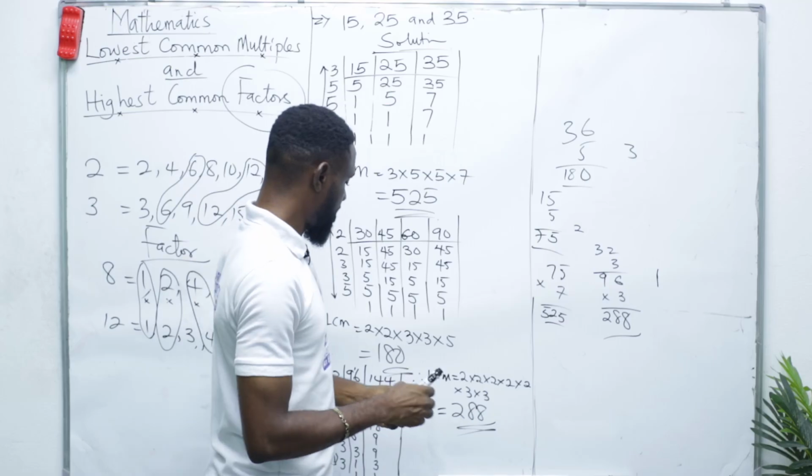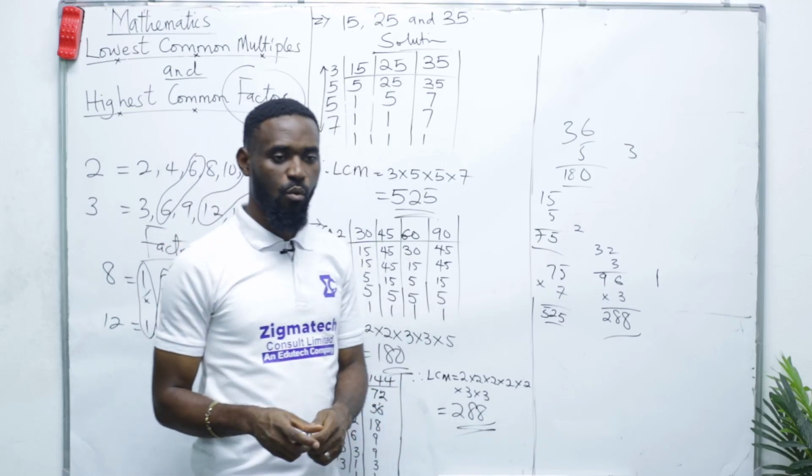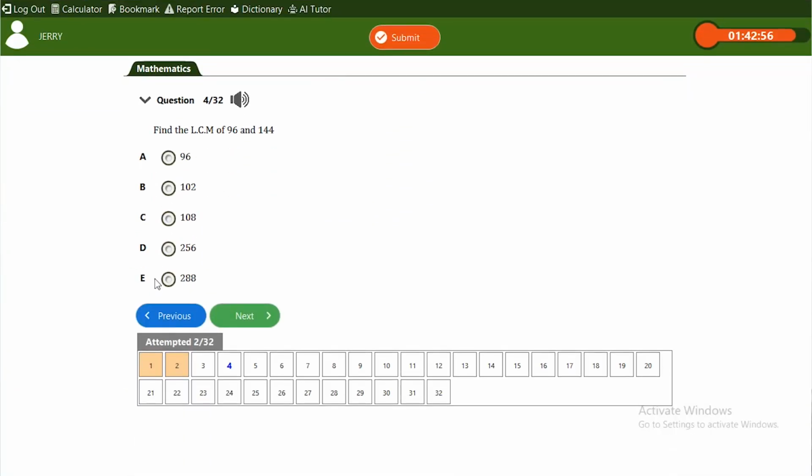as the LCM of 96 and 144. So 288, which is option E, as the correct option there. So now this is saying find the product of the LCM. So let's use this question to marry both HCF and, okay. So, but okay, let's look at a HCF related question first. Then we'll come back to this number, and this one says